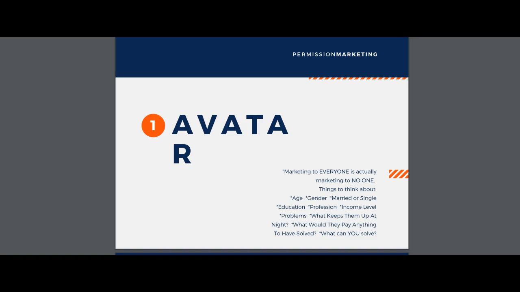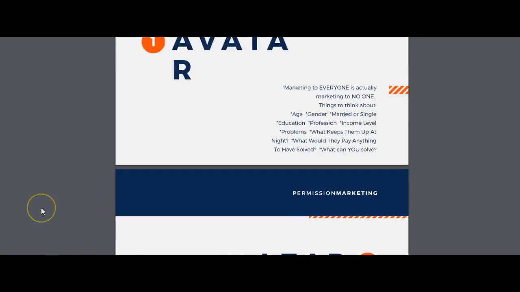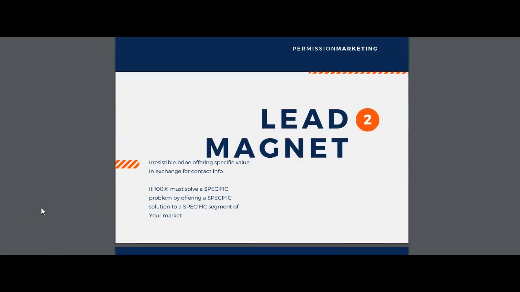And what problems can you actually solve? Are you in health and wellness? Do you do energy products? Are you in health and beauty? Do you do facial creams? What does your shake do? What does your company do? How can you solve their problems? And how can you help them? These are things that you need to keep in mind, and things that when you're building your funnel, you need to speak to.